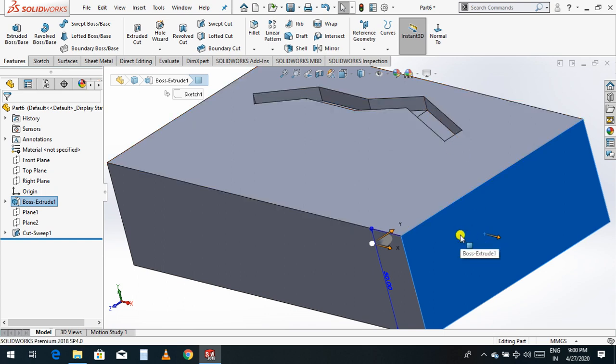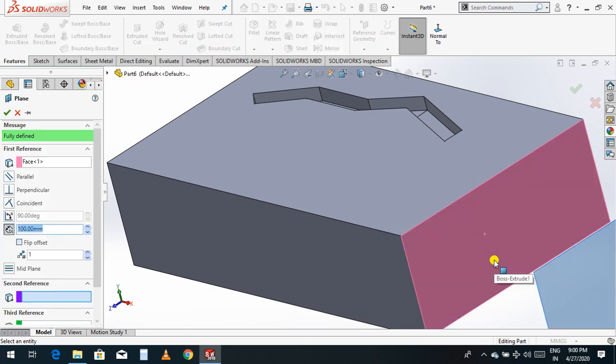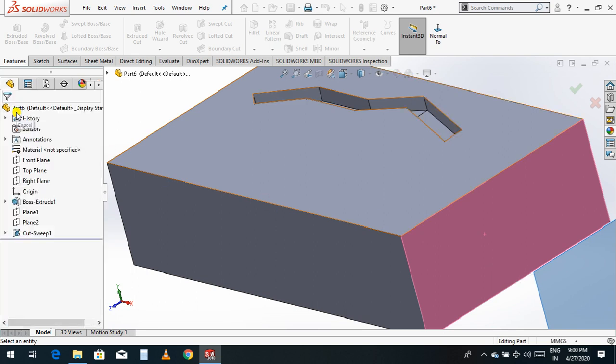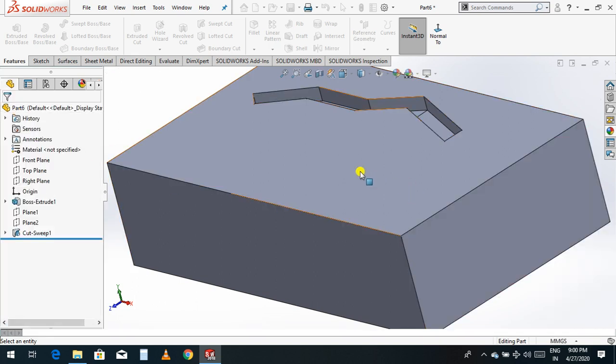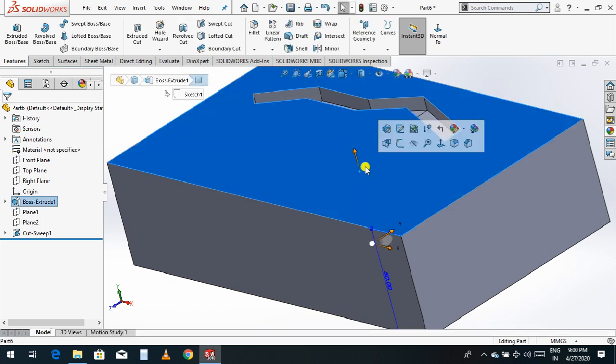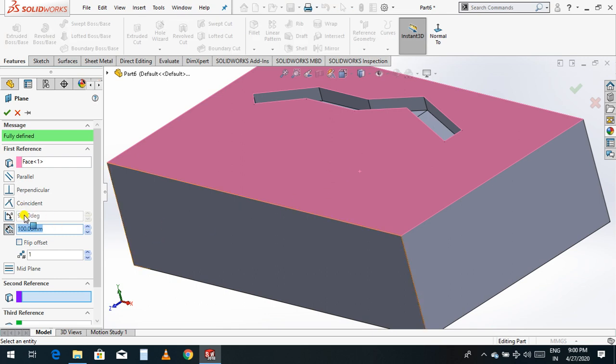So select this face, go to the plane, select the plane, and you can give it 0.